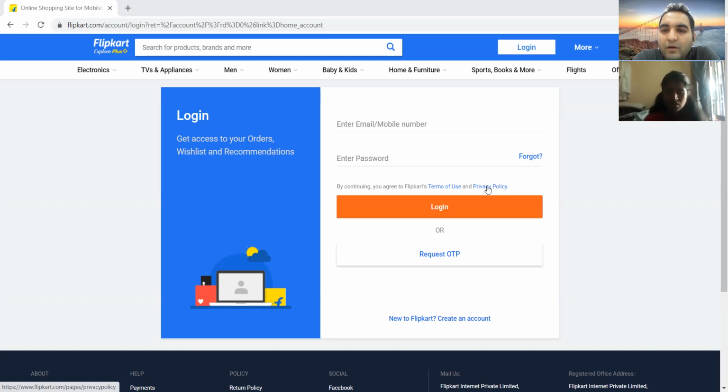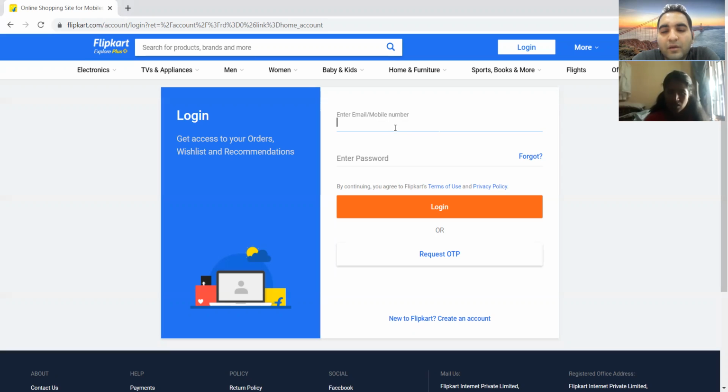Okay. Now, what would be the test data if you have to test this particular field? First, for the test case, I will review the requirements. Then I will give correct email ID and wrong password, wrong email ID and correct password, and I will enter the login page. Then I will check the terms and conditions policy by doing some kind of testing. Then I will raise the bug, and then I will give it to the developer.